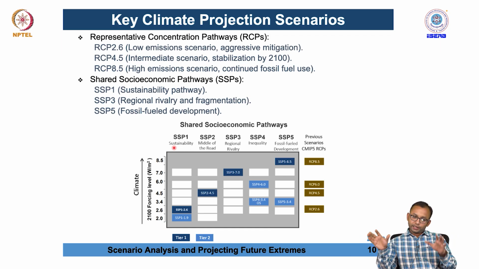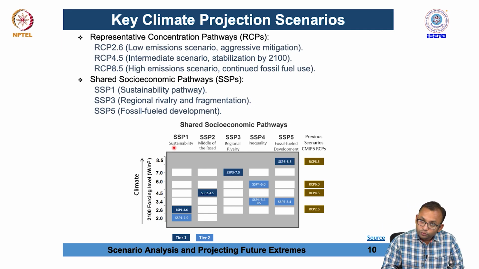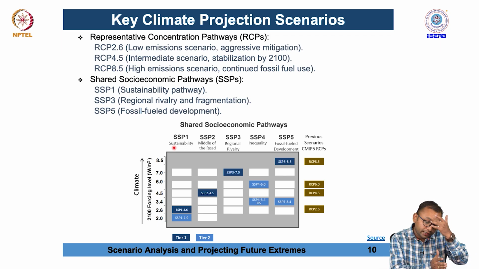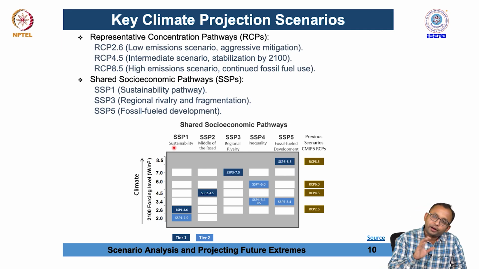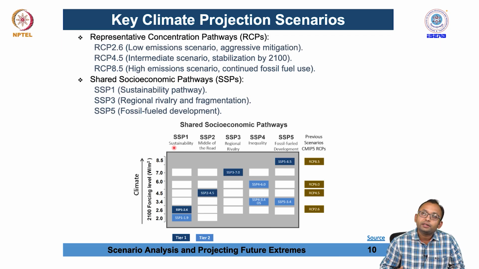When these parameters change, how will that change the behavior of different climate extremes? How will flood conditions behave in different parts of the world, what would be the drought conditions in different parts of the world, and what is the situation of heat waves? So that is why this is important. We have already developed models, we will use these scenarios, and then we will try to project or predict the climate extremes based on different socioeconomic conditions or scenario assessments.